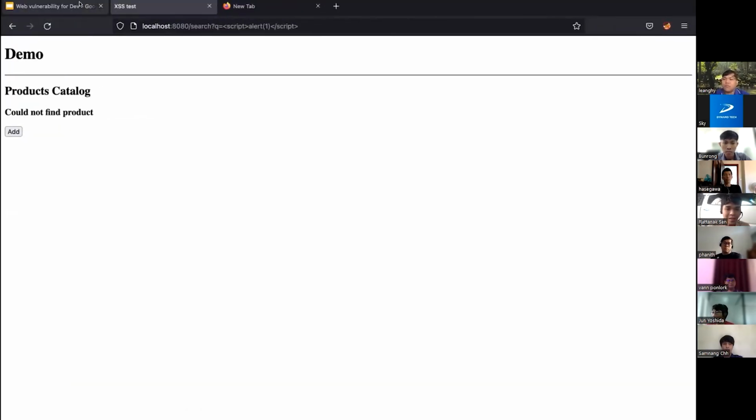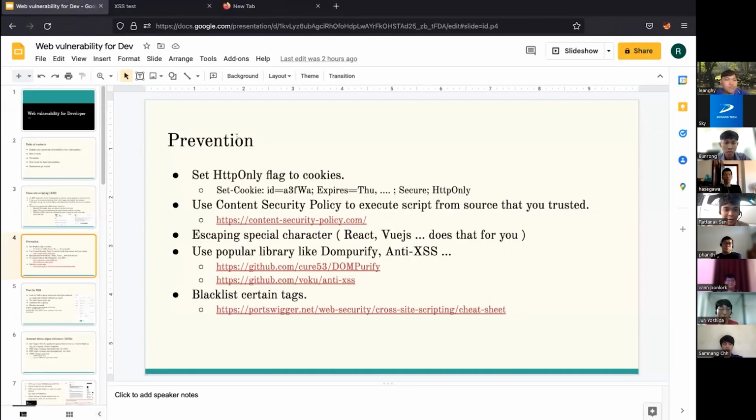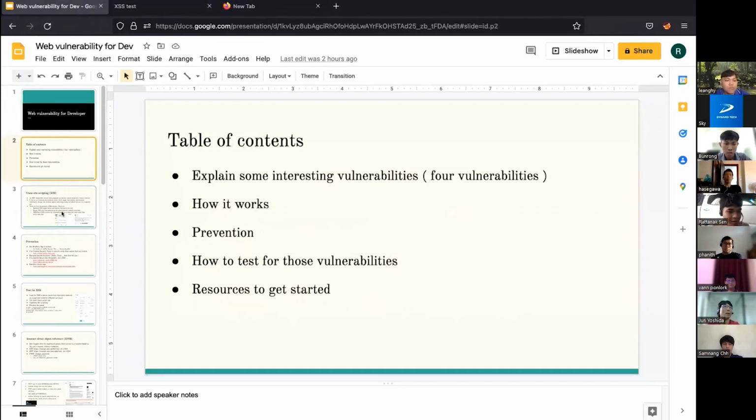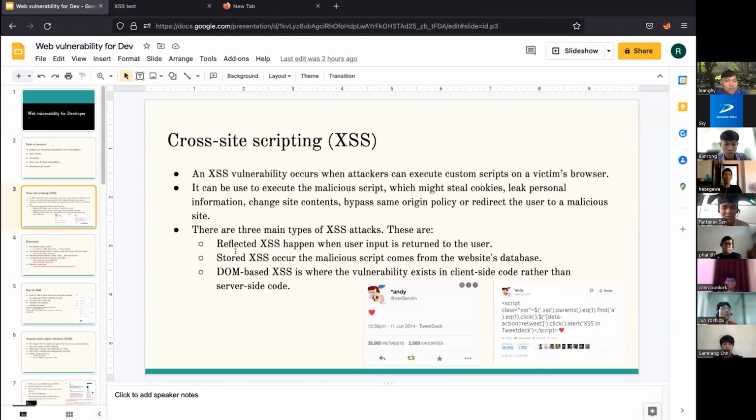And the other type of XSS is called stored XSS, and this one has a lot more impact than the previous one, because the first one requires user interaction to click on the link, but this one doesn't require user interaction. So stored XSS occurs when the malicious script comes from the website's database. It means that